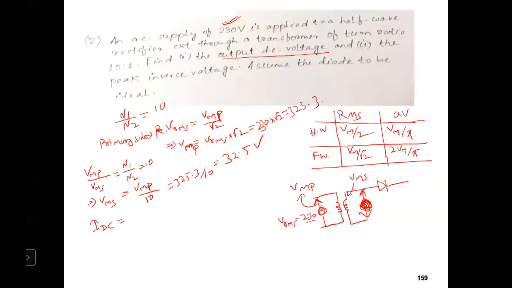Okay, it is given output DC voltage it is asking. So no need to calculate the IDC also. Your VDC. Okay, in V1 it is asking output DC voltage. So VDC equal to how much? You know this VMS. Secondary में maximum voltage कितना है तुमको पता है. Okay, then tell me. Sir, Vm by pi. Yes, so that is the thing.